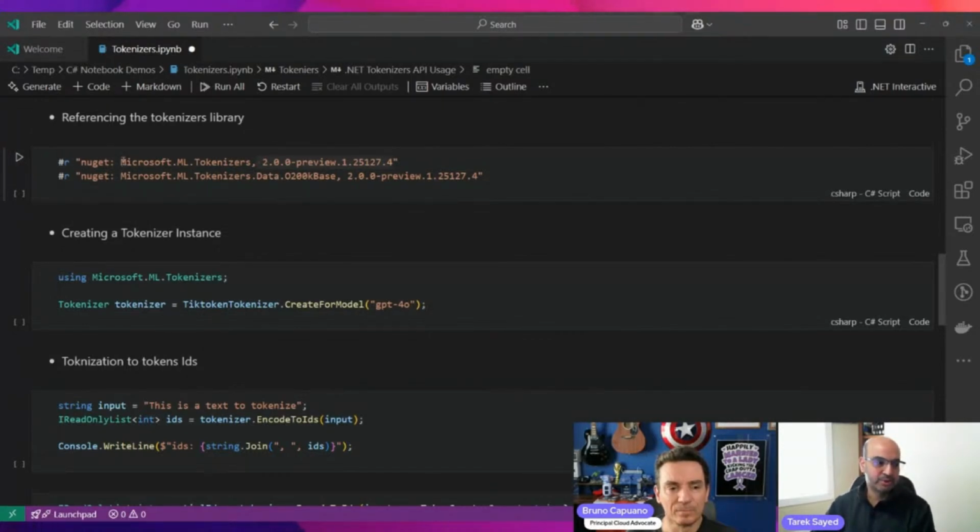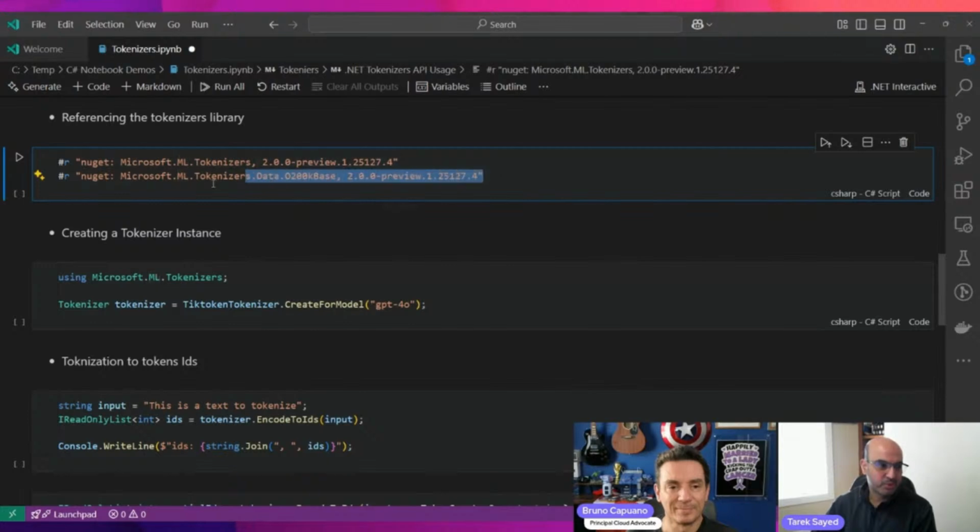First step, users who want to use the Tokenizer library have to reference this package inside their project. I'm referencing here another package, what we call Tokenizers data, or 200K base. This is a data package for the TikToken tokenizer. If you are not using TikToken, you don't have to reference this.